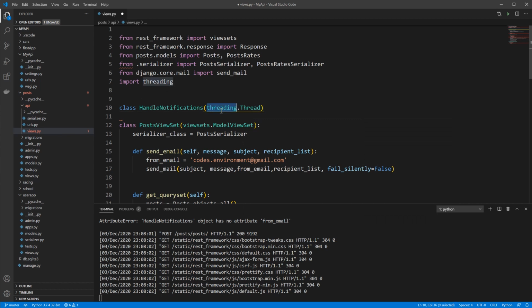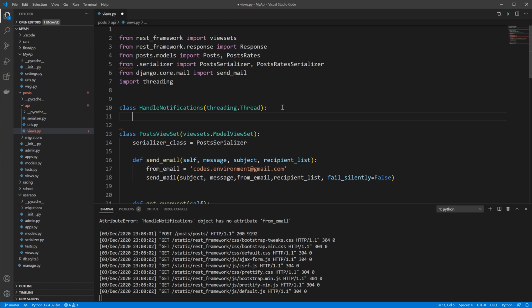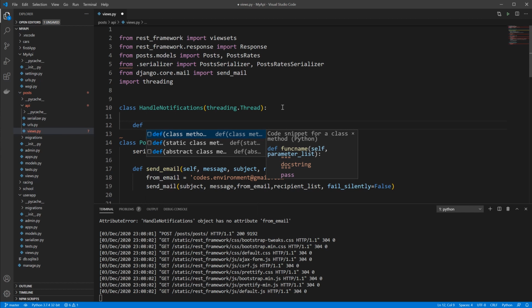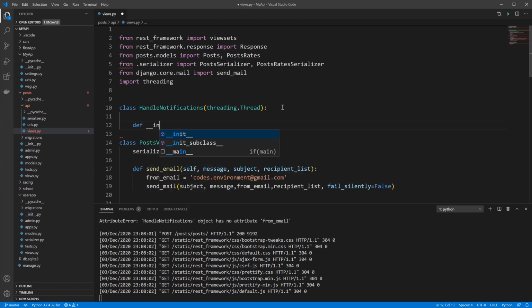Obviously we need to import threading, and inside here I'm going to define an init method, __init__, and this method will take self as an argument plus all the email arguments that we used previously with the send email method here. So I'm just going to copy them